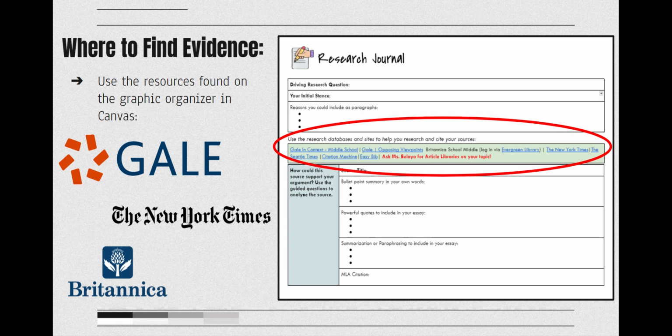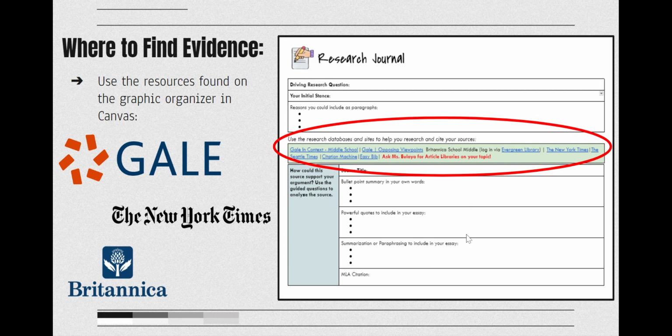Last but not least, let's talk about where we can find evidence in the first place. We've been talking about evidence this whole time, but where do I get it? Just the first place that you're going to look is on our research journal assignment, which will come after the quiz, after this video. So, as you can see on my screenshot here, I have circled in red where you can look for information. The first place to look, and a great place to look, is Gale.